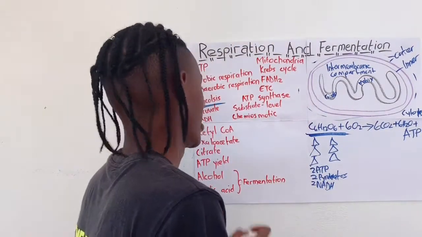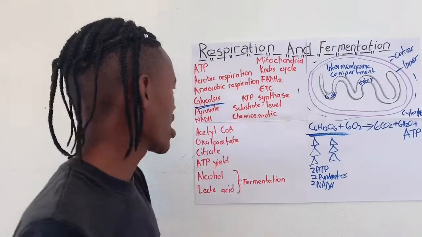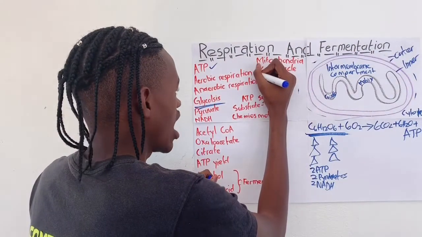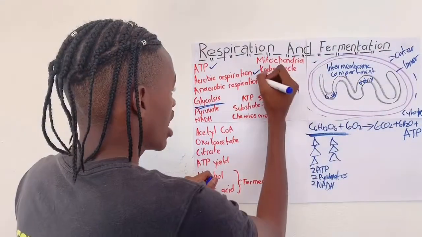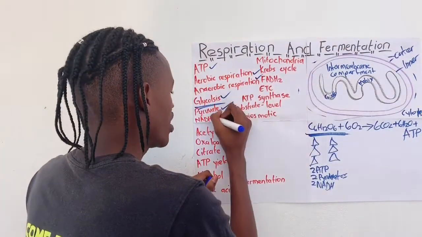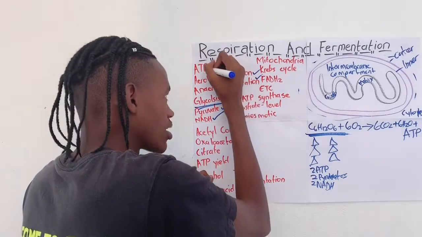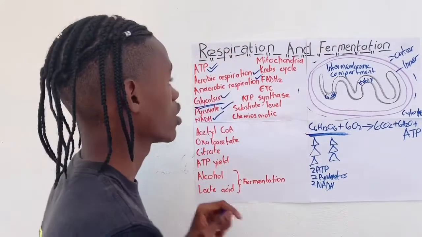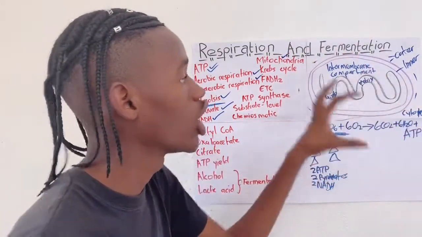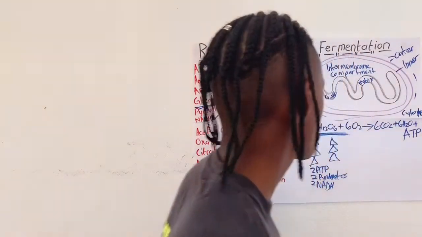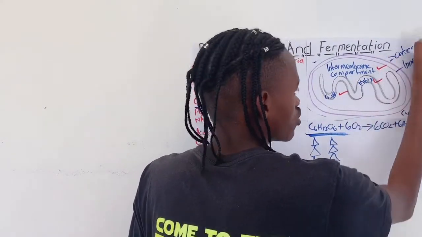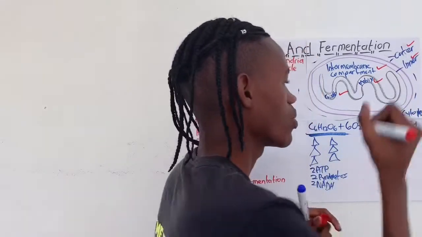And then from there, glycolysis is over. So now we have covered what ATP is, we have covered what aerobic respiration and anaerobic respiration are, we have covered glycolysis where we made pyruvates, NADH and some more ATP. And then we also covered what the mitochondria is and all of its compartments. The compartments include cristae, intermembrane compartment, the matrix, outer and the inner membranes, and then we have the cytoplasm